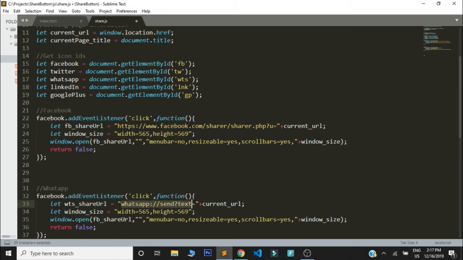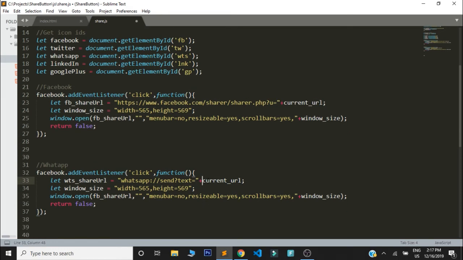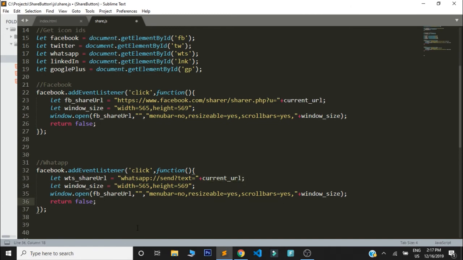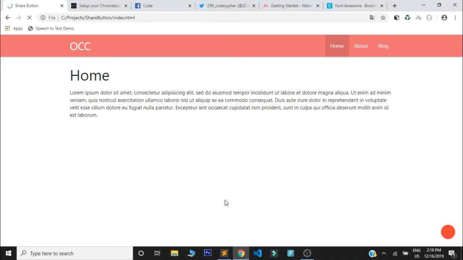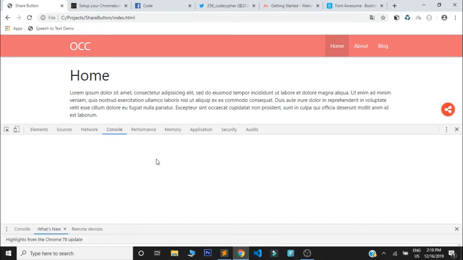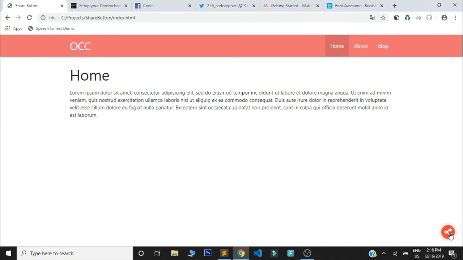If you want to share something on WhatsApp, this is the URL that you use: whatsapp, colon, 2 forward slashes, then send question mark text, then pass in the URL that you're going to be using. The rest is the same. But right now let us refresh this page. Ctrl+Shift+I to check our console. There's no errors, and we click